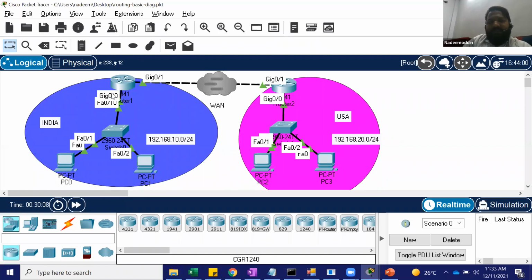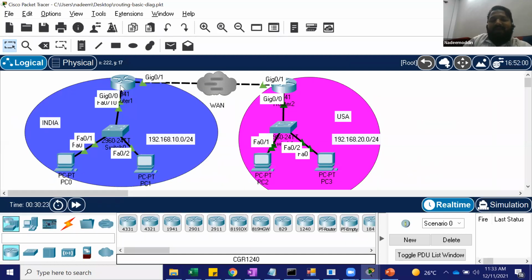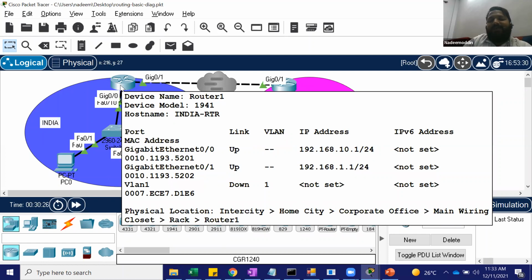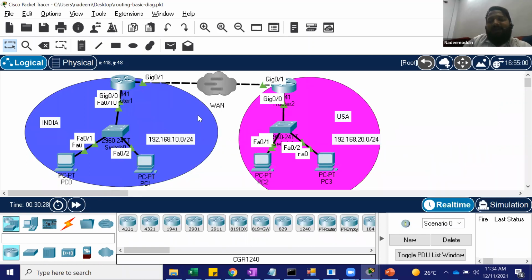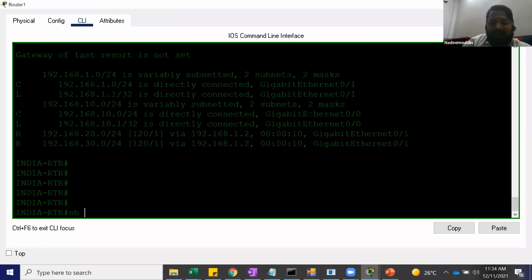Previously, Ubaid and Shahid were friends. They knew each other. Shahid met a new friend, Nadim. The moment he met Nadim, he will inform Ubaid, so now Ubaid can reach out to me directly. So this is how dynamic routing is. Dynamic routing is simple, and it advertises the routes dynamically.